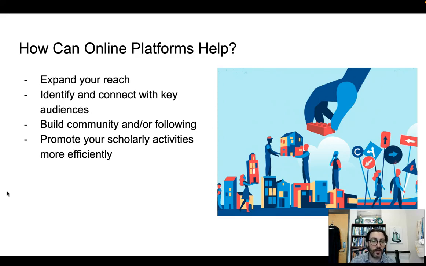So again, instead of having to physically attend a conference and maybe talk about your book or your article in a session, this allows you to speak with almost anyone anywhere at any time, and to let them know about the kind of excellent work that you're doing. So there's a lot of reasons why online platforms can actually really help you, and it just takes a degree of knowledge about how to use them properly that will help you to achieve your goals.